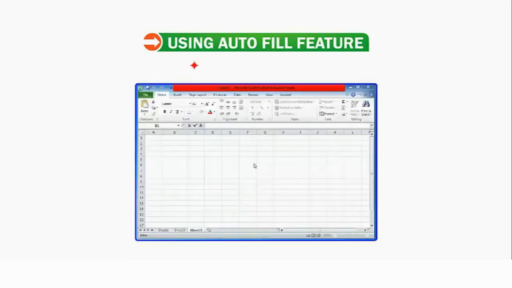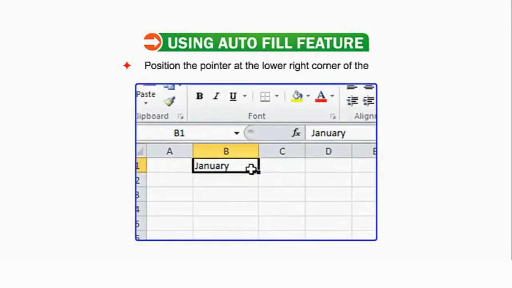Now moving towards the last topic, which is using autofill feature. Excel provides a wonderful feature for copying cell content. Autofill is the easiest method to fill data in cells automatically. Type January in cell B1. Position the pointer at the lower right corner of the cell.